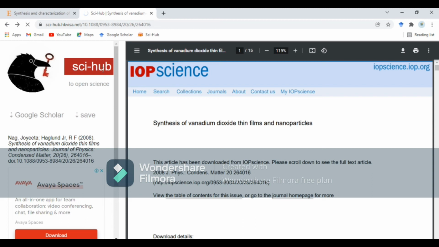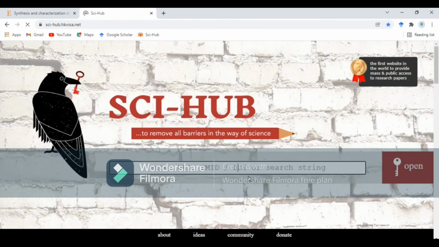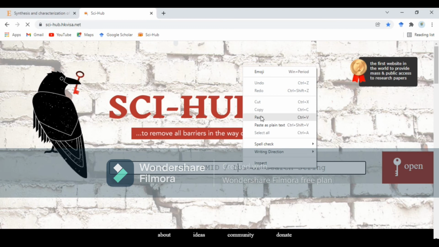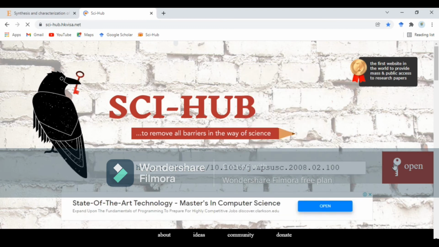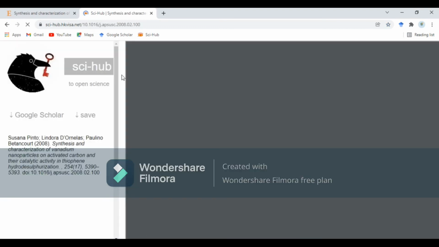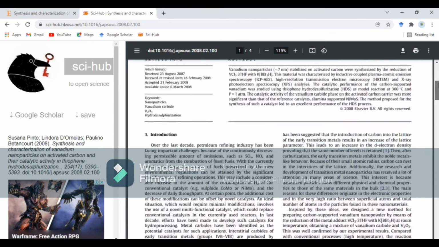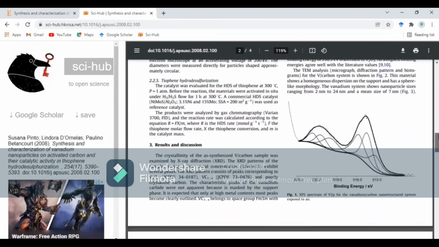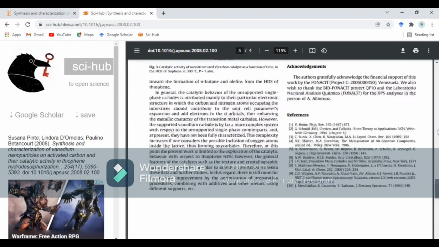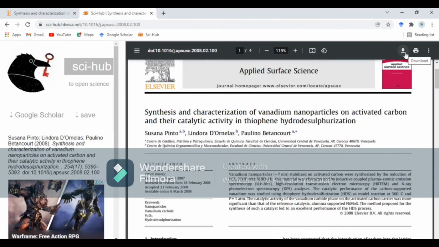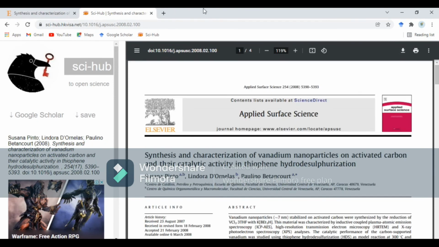Sometimes when you search by title, Science Hub does not give results. So preferably copy and paste the DOI number of the paper, and mostly you will get the desired results. And download this as well.